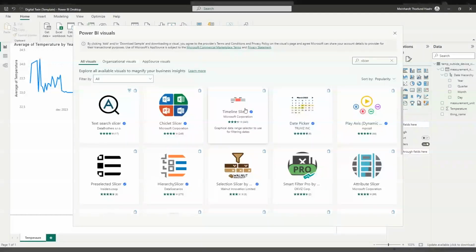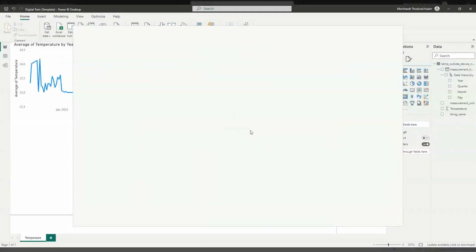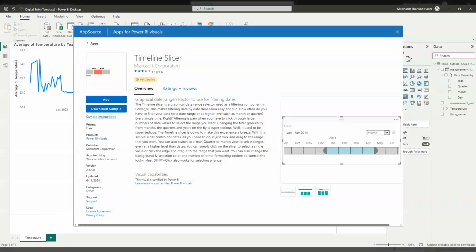And if you want to get it into your Power BI, you just press it, and you can see that we get the option to actually add it, and you can see that there's a price. It's free, so you can actually get some visualizations that are not free, so you have to pay for them. But this one is free. I'll just press add,